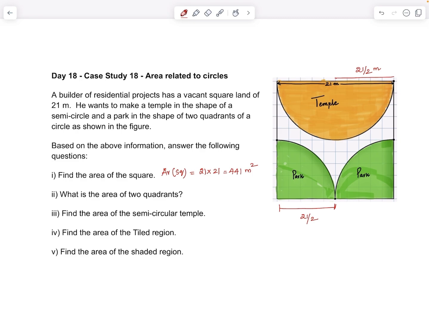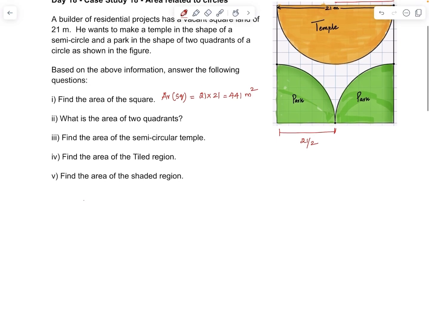Question 2. What is the area of the two quadrants? Area of two quadrants is equal to 2 times area of one quadrant, that is 2 into 1 by 4 pi r square, which is 21 by 2 into 21 by 2. Taking pi as 22 by 7,